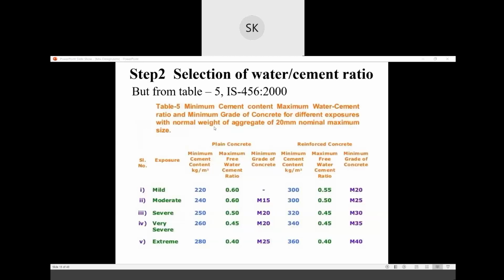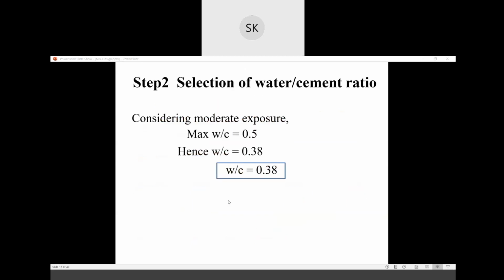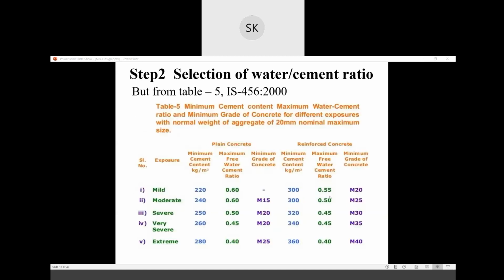Next I can find it from this table. The condition was given as moderate exposure. So I'm taking moderate exposure, and my grade of concrete is M30. The maximum water cement ratio you can take is 0.5.